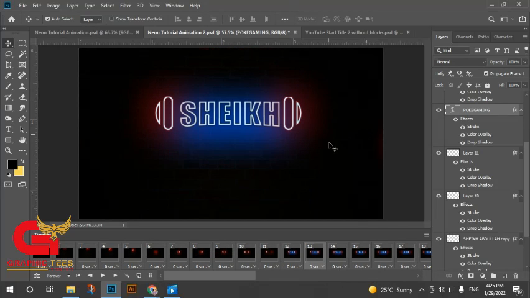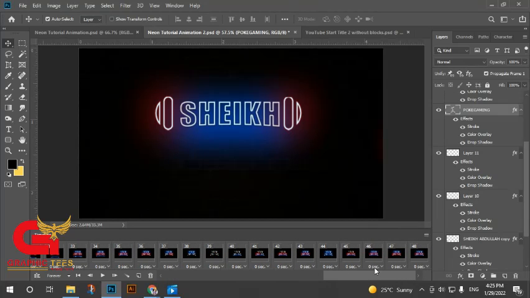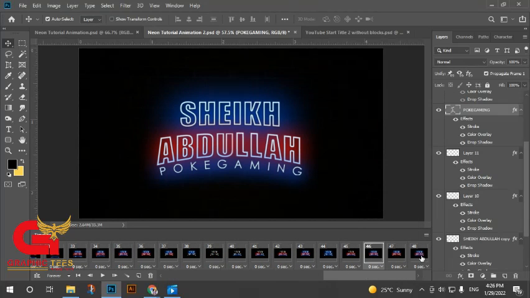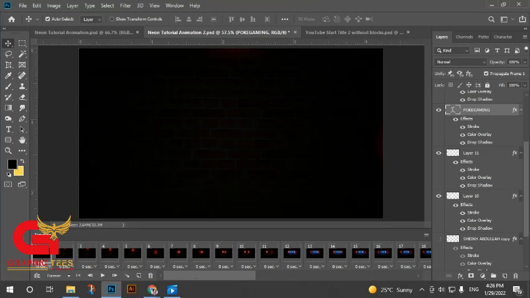So now that's right. So if you think that's right, you don't have to make these objects appear. You can save your animation, and if you want them to appear, just make them appear. Okay, now play it again to check. Make sure to confirm that your animation is perfect. Okay,